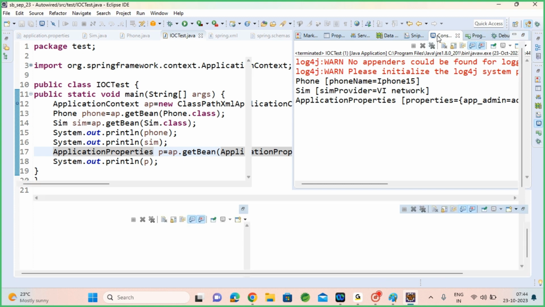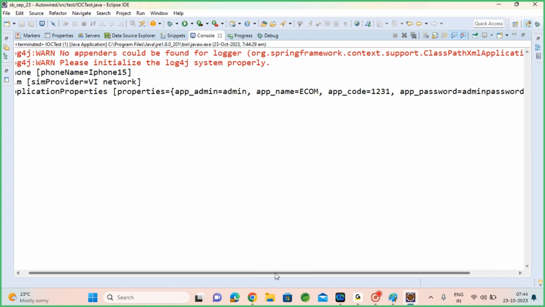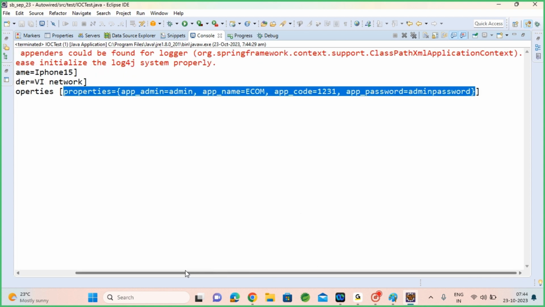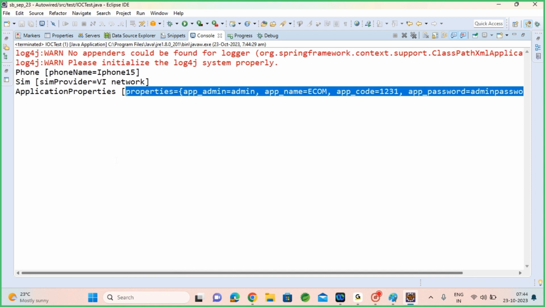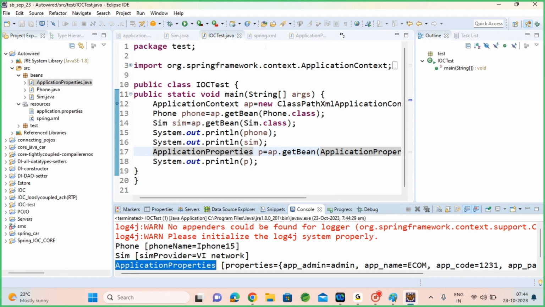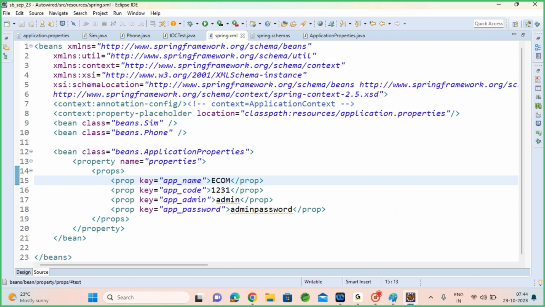Okay, so the properties you can see here, the properties whichever we composed from the XML file. So these properties are dedicated to this application properties. These properties are dedicated to application properties, which are loading from here. Now